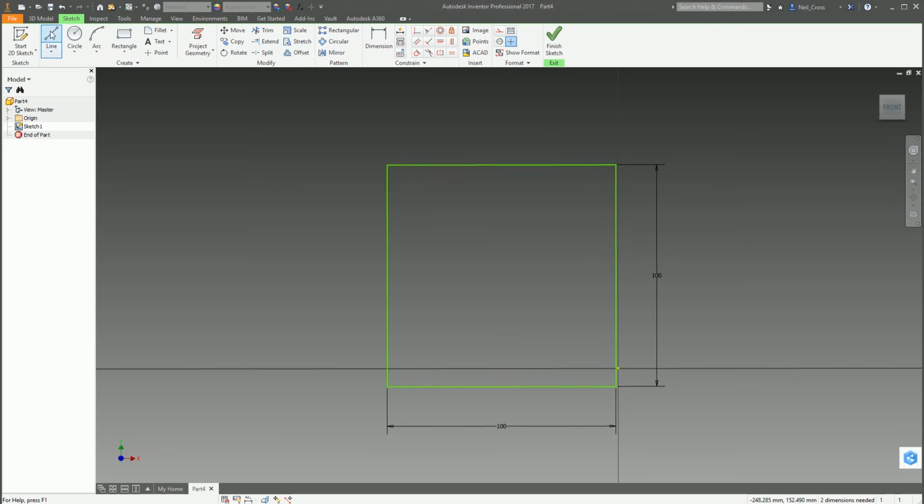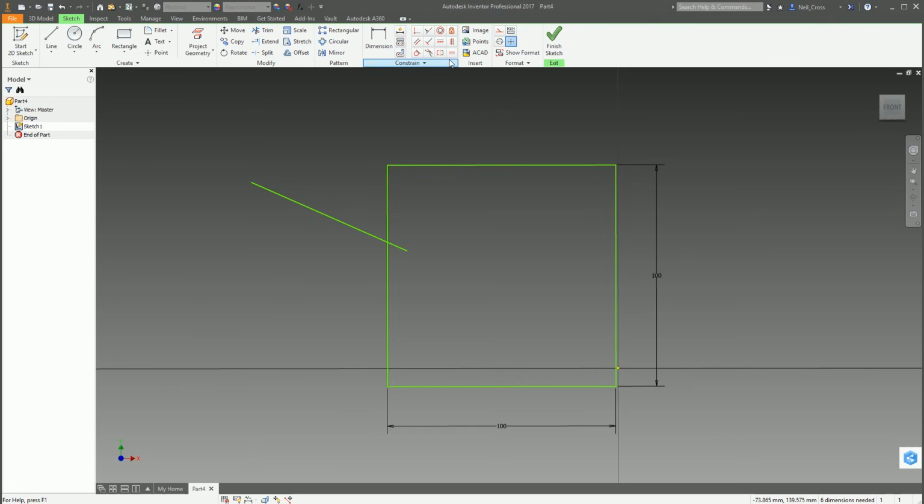So for example, let's draw another line here, like that. And if I want that endpoint to always be touching this line, not in the midpoint, not in the endpoint, I just want it to always touch that line. Well, then you'd go up to your sketch constraints and you'd find the coincident constraint. So go do that. It's up there. Just coincident.